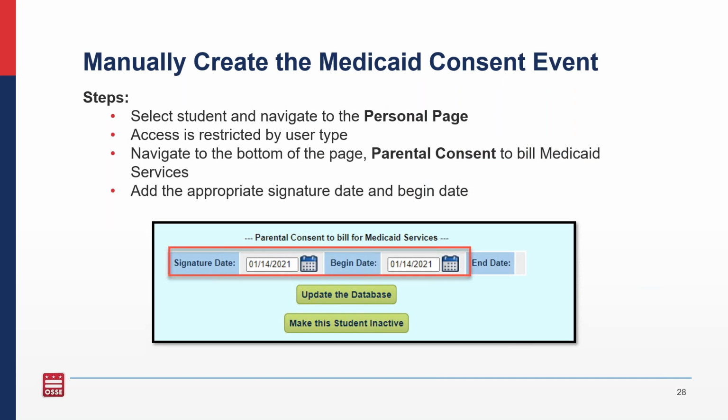In this workaround, this is really a manual process. So let me just walk through those steps in completing the manual process of creating the Medicaid consent event. You will now be able to navigate to the student's personal page. This will be restricted based on user type. So the SEC role and the LEA data administrator, those two roles will have access to that student